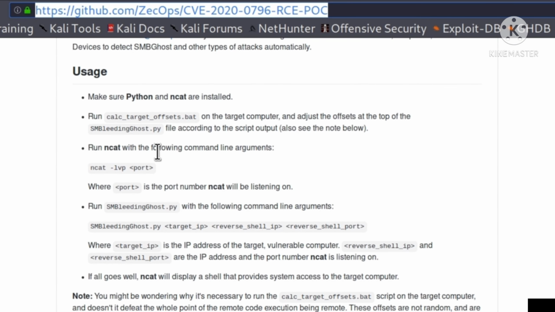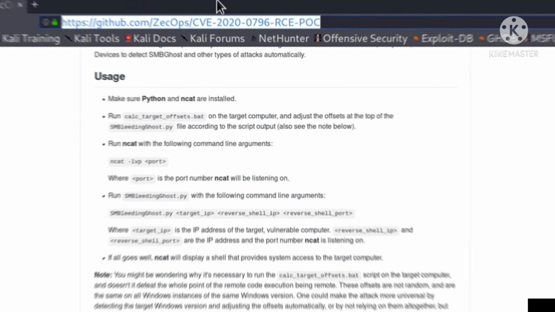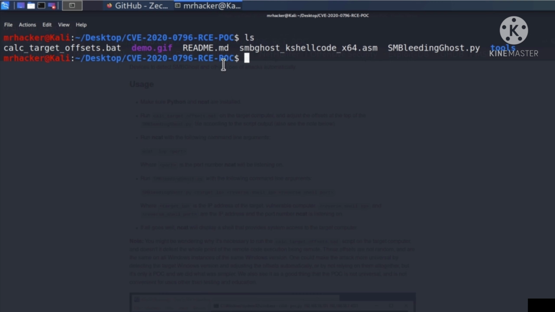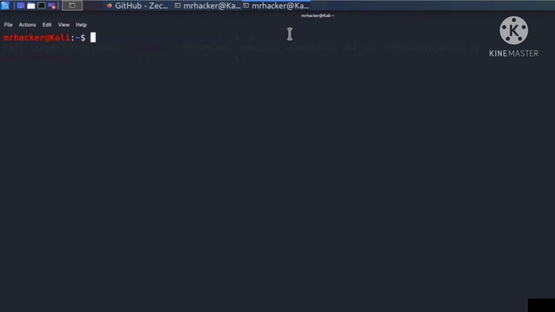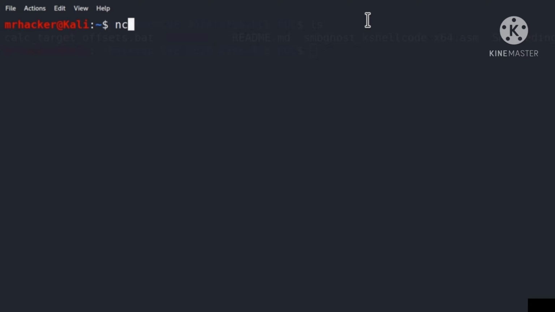And if I go back to the page to check out the next step, it tells us run ncat with the following command line arguments. The purpose of running ncat is that once we exploit the target and we run the payload, it must connect to somewhere. Now, this listening for the incoming connection, the Metasploit framework did for us automatically. Right now, we must do it ourselves, and we're going to do it with the help of ncat. So to listen for the incoming connection, we can type nc and then -lvp and then the port number. In this case, let us listen on port